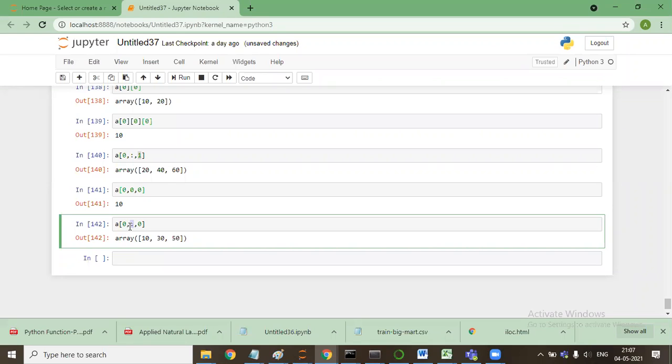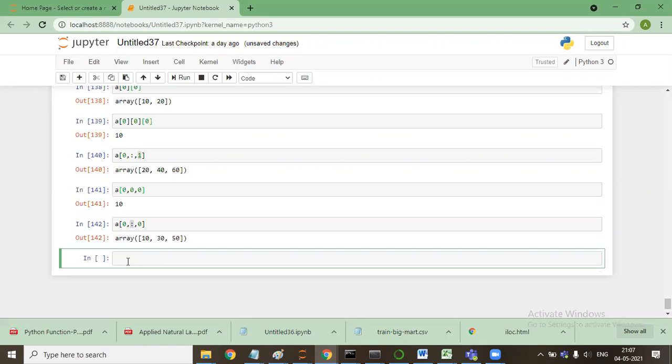All values, with respect to what? The zeroth column. So here, all the rows.